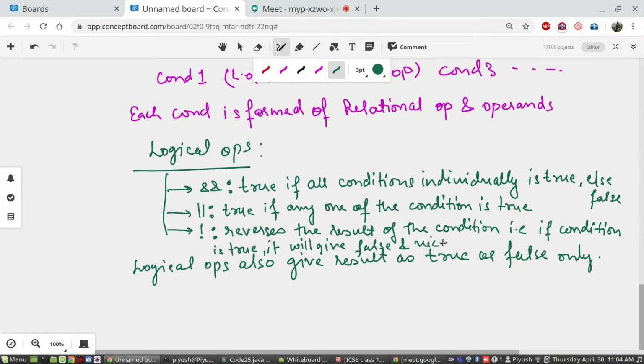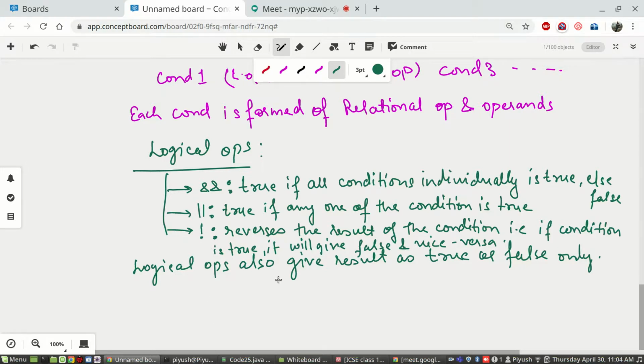Vice versa means the other way also. If the condition with which it is applied is false, it will give true. If the condition with which it is applied is true, it will give false. It reverses the outcome of the condition.